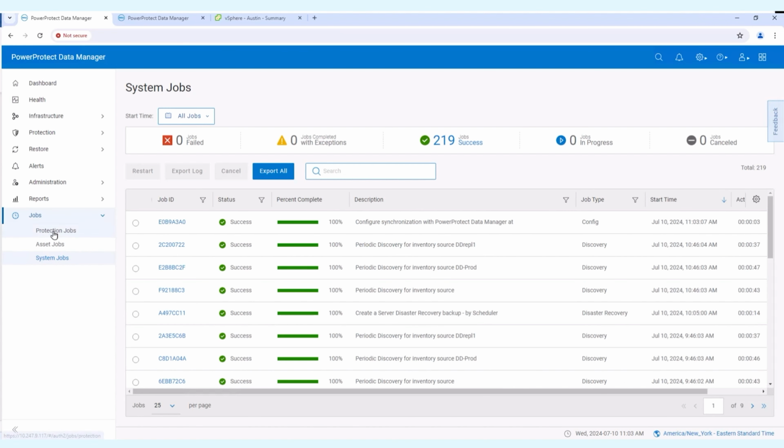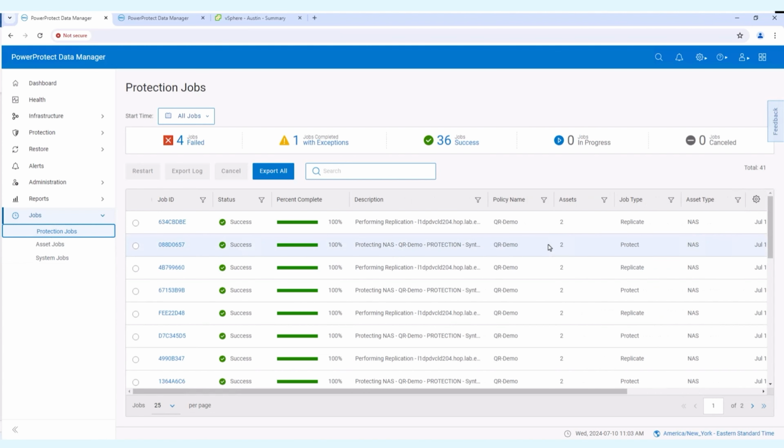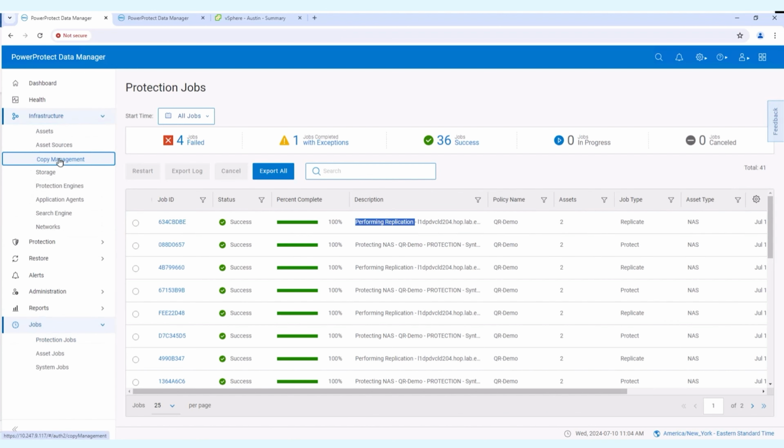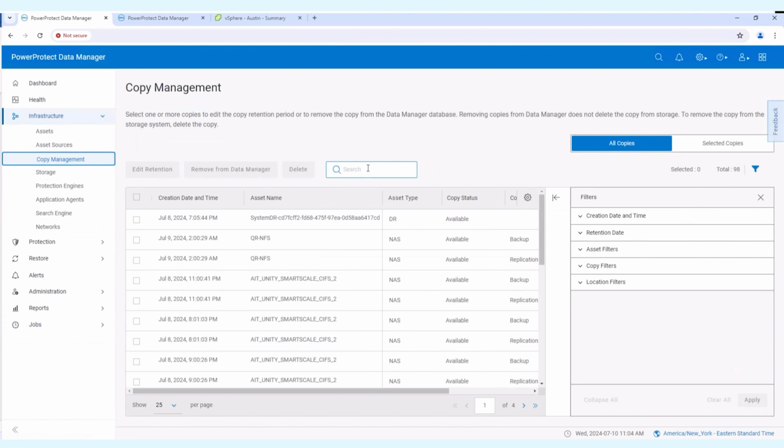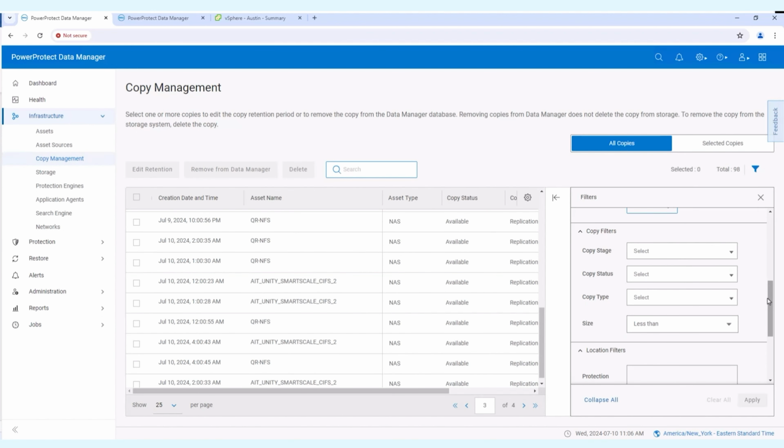Confirm that the policy created already has a successful protection job and replication jobs. For this, go to the Copy Management page and ensure that replication copies do exist for the NAS asset.